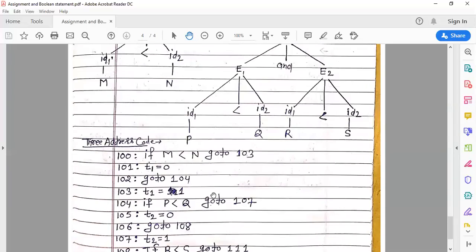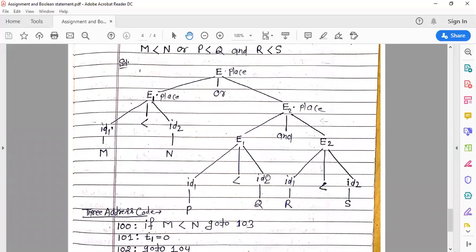So you see here in the parse tree, why do we perform the operation for this node first, and only second compute the OR? Because AND has the highest priority.